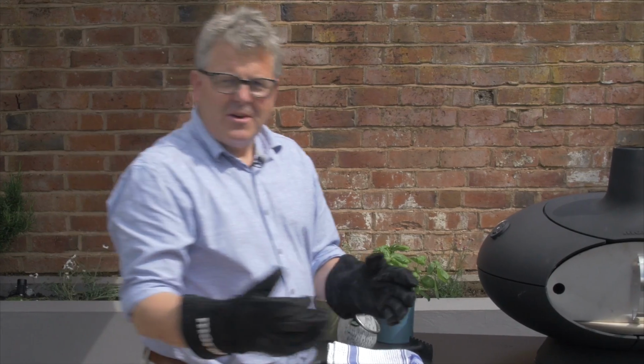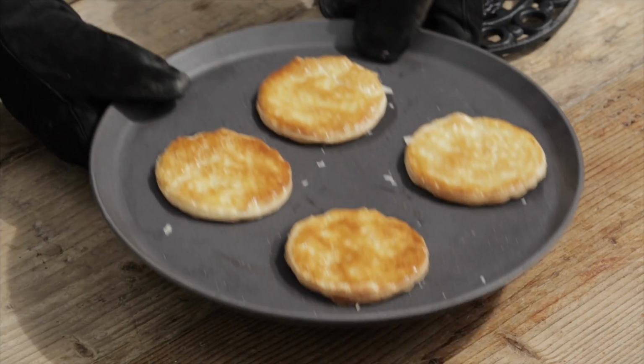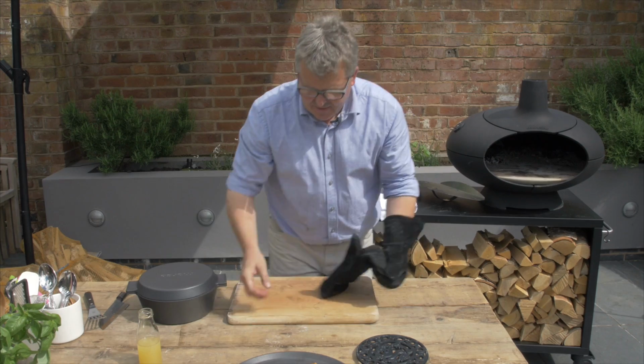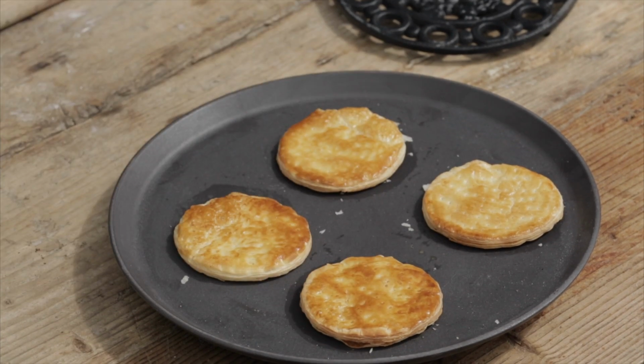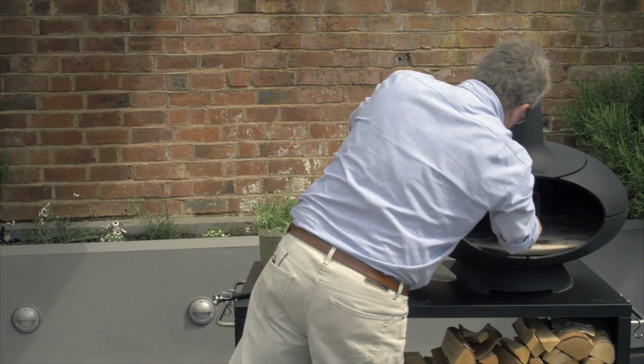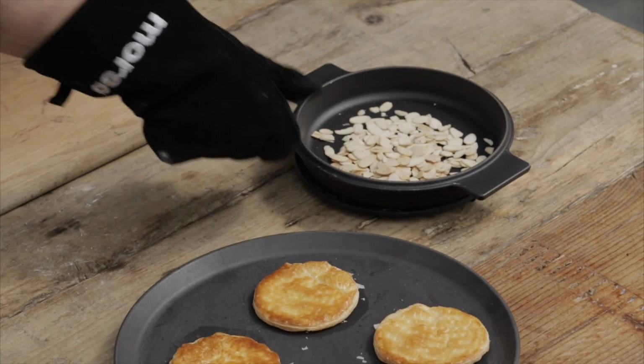Okay, our pastry should be done. Let's have a look. And there they are. Lovely and light, nice and crisp on top. Perfect. We're also going to bring out the almonds, and they've just started to take on some colour and a